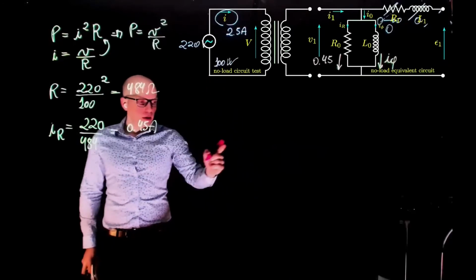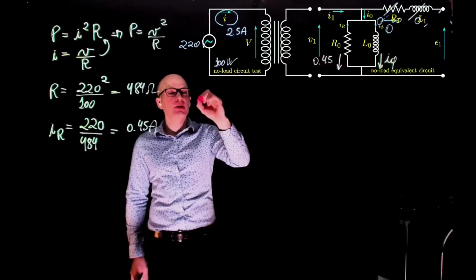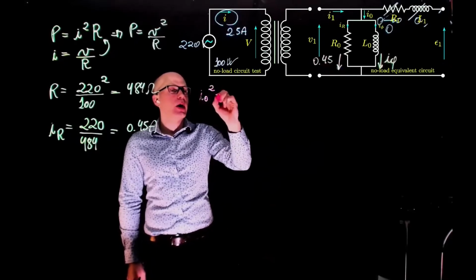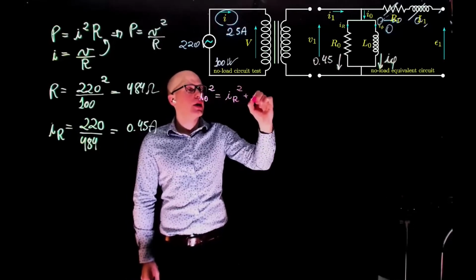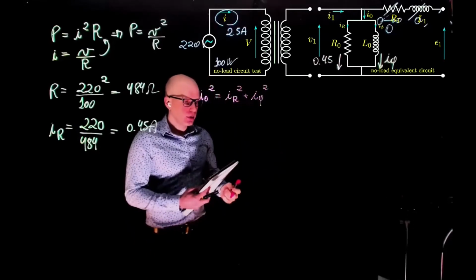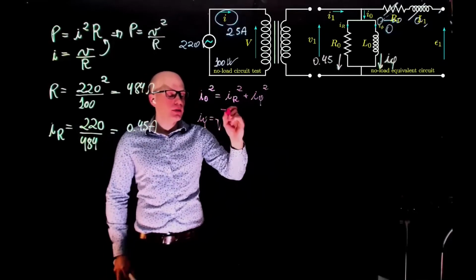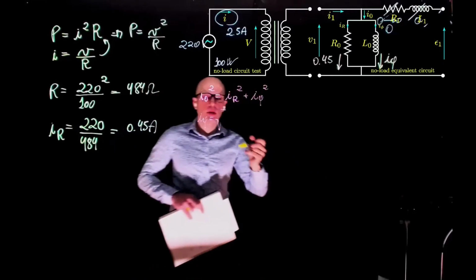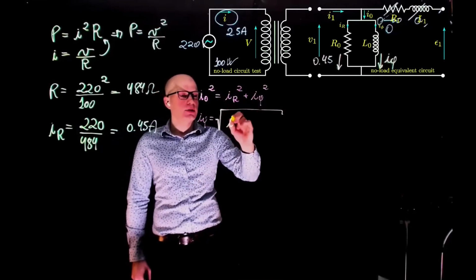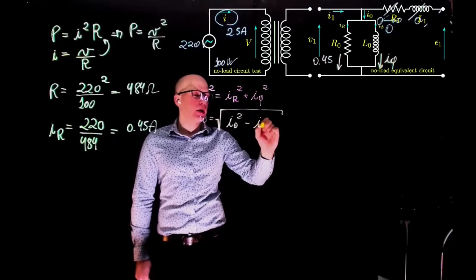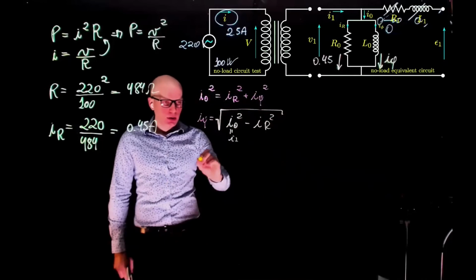So based on the fact that IR and I phi are 90 degrees out of phase, we can write that I0 squared equals IR squared plus I phi squared, which means that if you now want to solve for I phi, that is going to be the square root of I0 squared minus IR squared. I0 is the same as I1 in this case. So I phi is